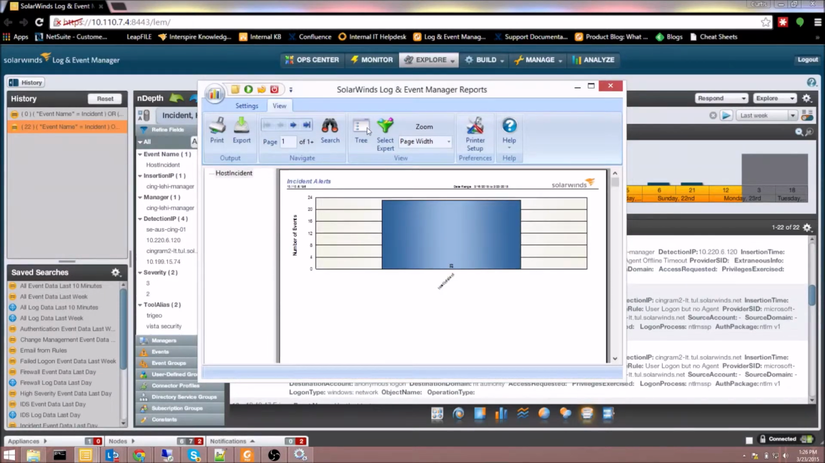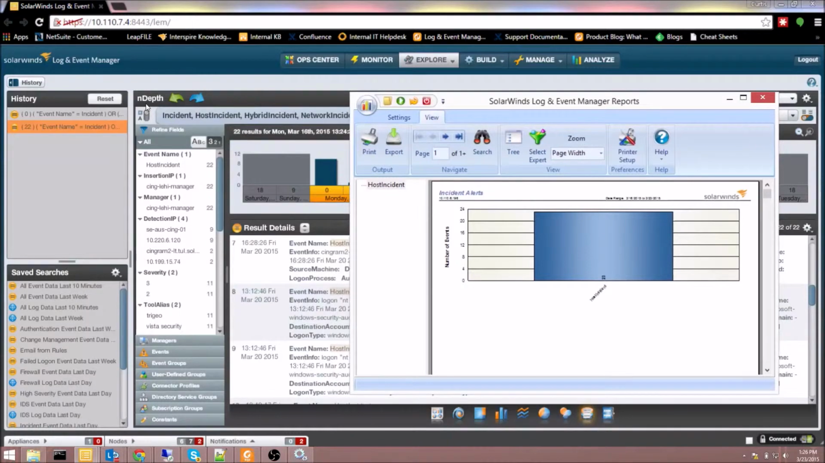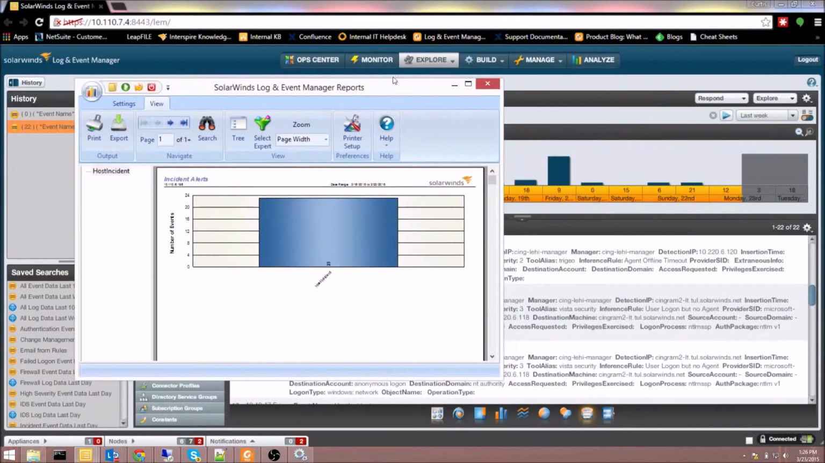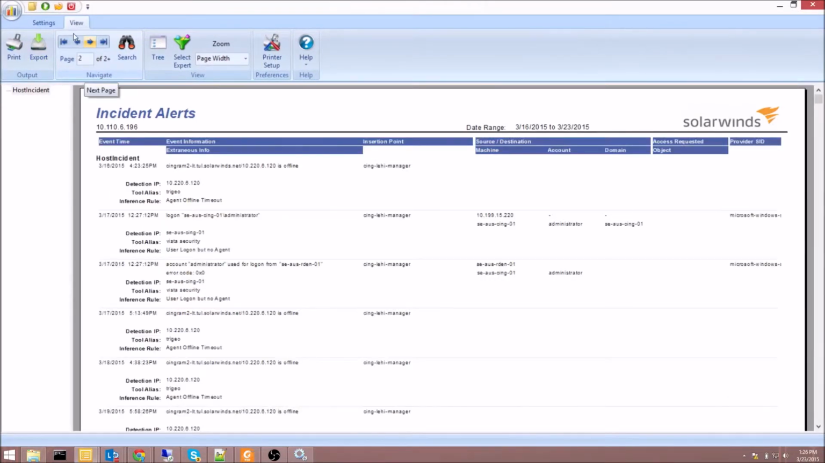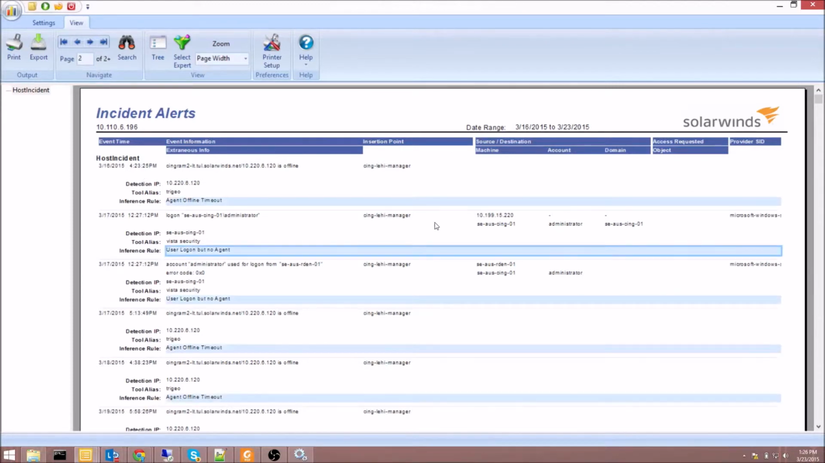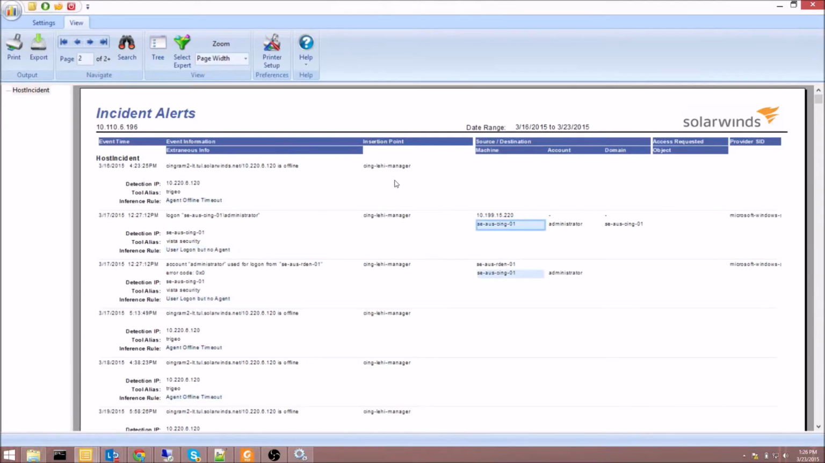And you can see there's my 23 host incidents, which matches pretty much with what I have in in-depth. So these are whole new events. So you could have rules or other alerts in the LEM that look for host incident type events and take some other action or respond to it in some way. But you'll see that I get this breakdown of what happened. So user logged on but no agent, logged on to this server as administrator,